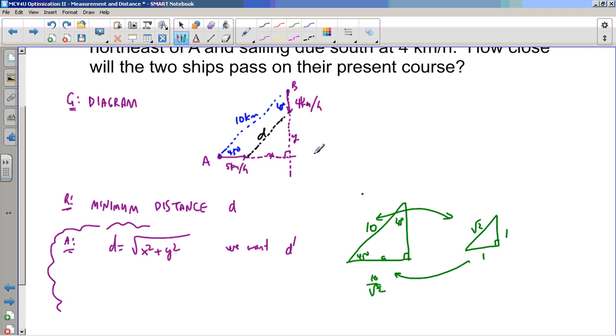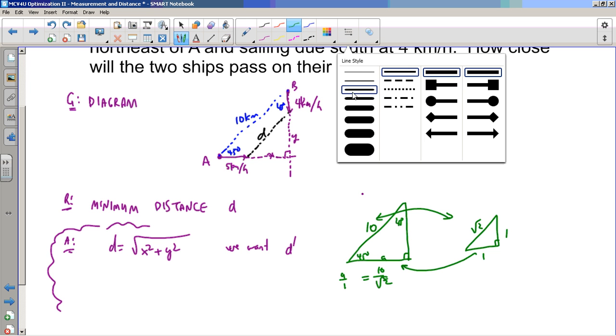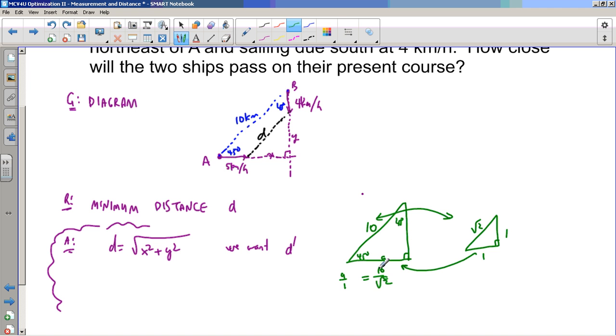I could say then a over 1 is 10 over 2. Yep, okay. I see that, similar triangles. And then I can get an expression for a. Well, a is this terrible thing with a